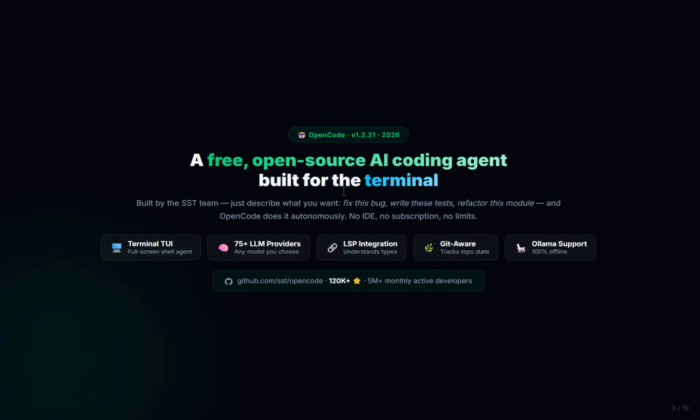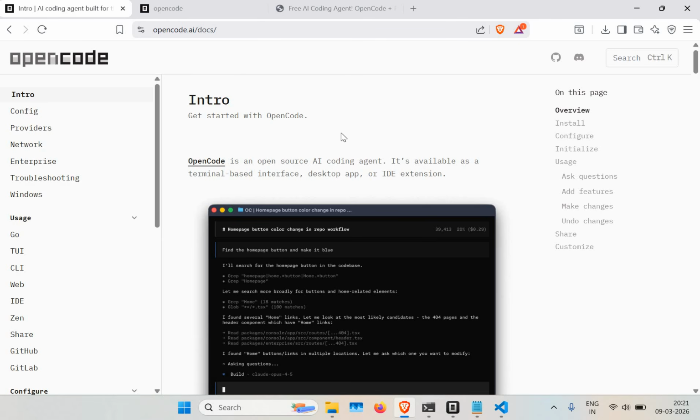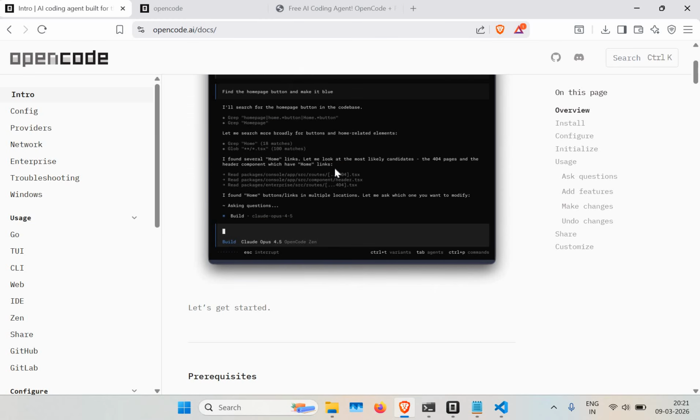It crossed around 120k GitHub stars and has crossed 5 million monthly active developers, making this one of the most popular open source coding agents in the world. And this is really competing with Cursor or Claude Code, because with OpenCode you can connect to n number of LLM models, and you don't have to specifically use Sonnet or Opus, which are Anthropic. So let's get directly into how you can set this up,